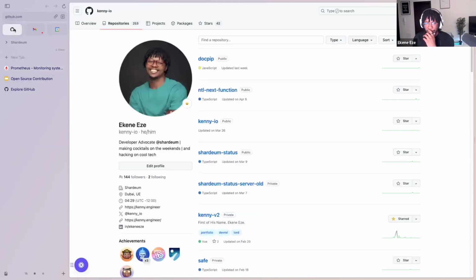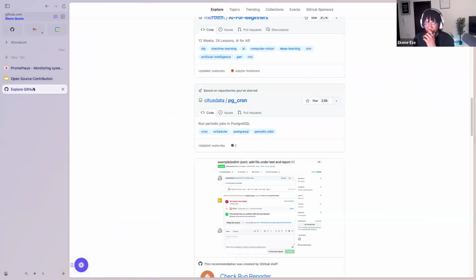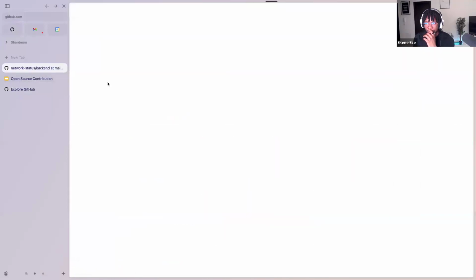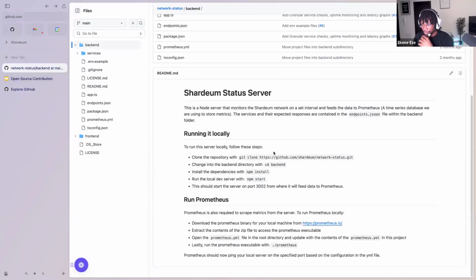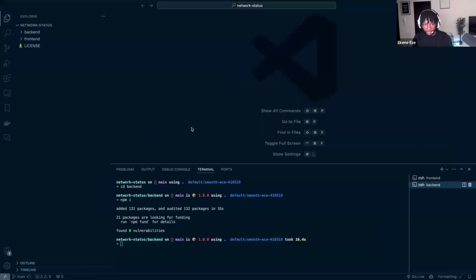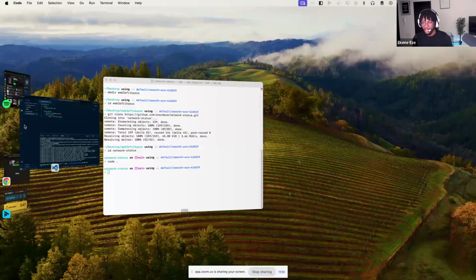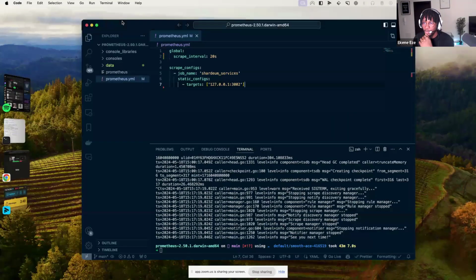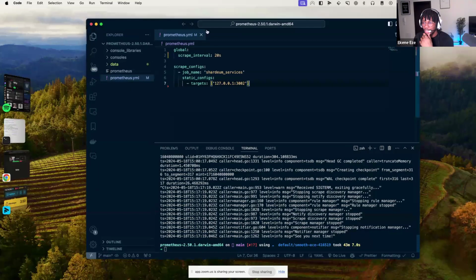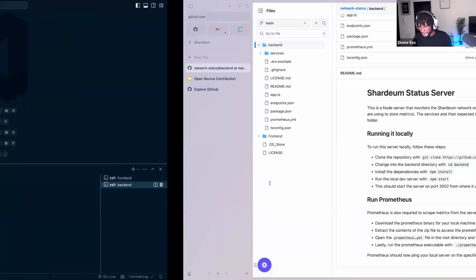Okay, I'm going to go back. Yeah, this is where we were. So you can go ahead and set up Prometheus following the instructions listed here, but I already have Prometheus actually. Let me see, I think I have Prometheus running here. Yes, so this is my prometheus.yaml file. I already have it set up following the configuration that was documented here.